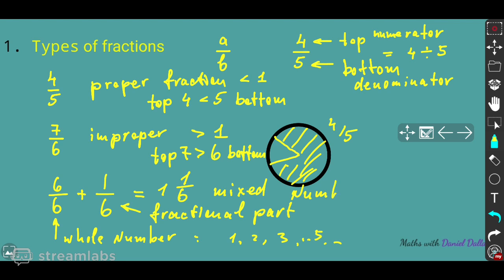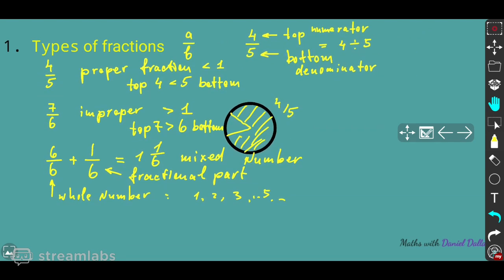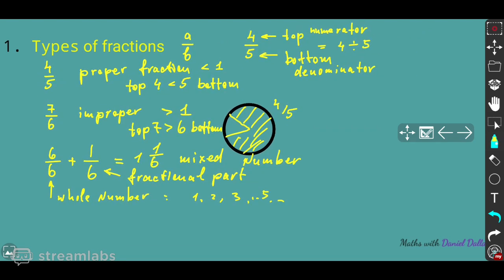Mixed number. Because we have the whole part and the fractional part, 1/6. So that's why we used to call that a mixed number. Okay, and the last type that we get to know is called equivalent fraction. So equivalent fraction,